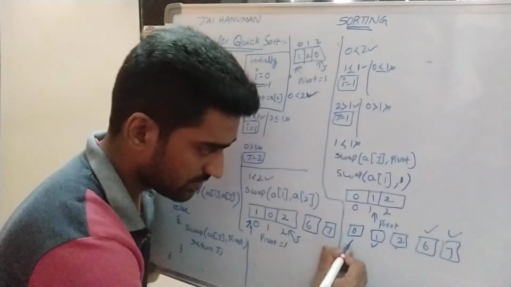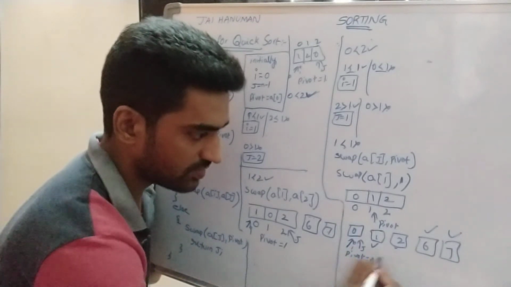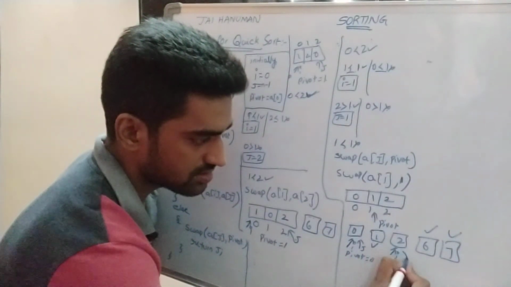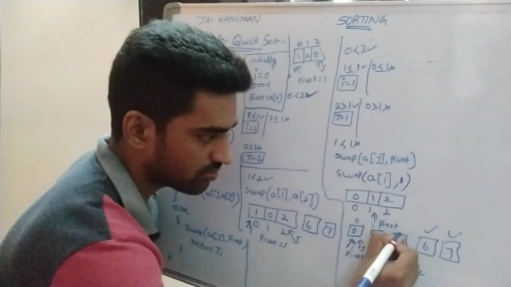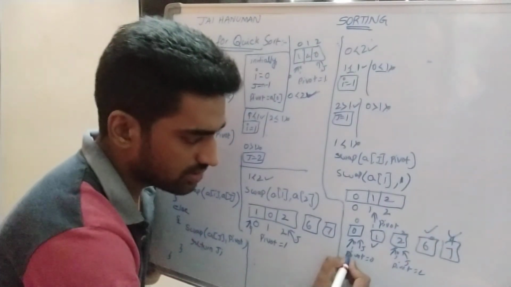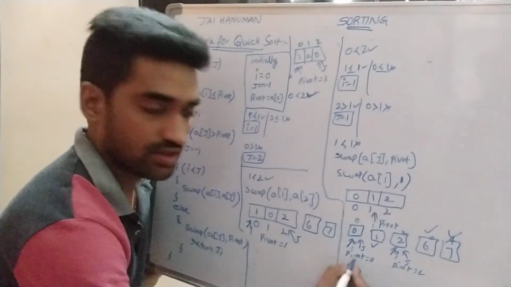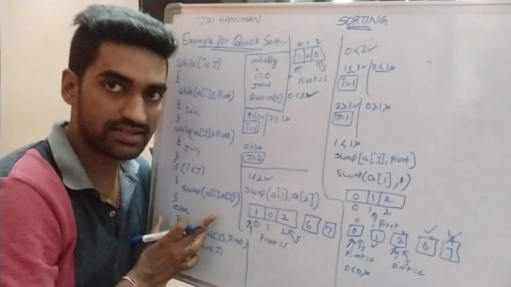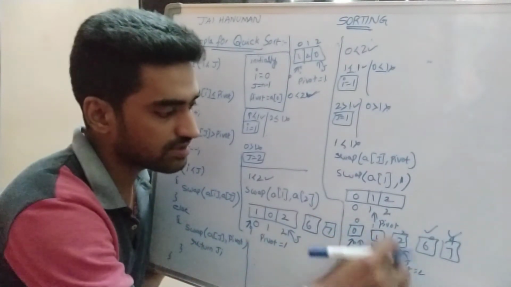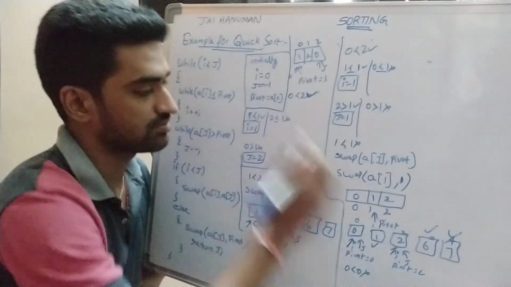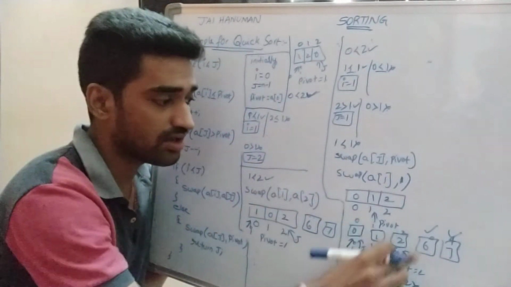So this is I, this is J. So pivot is 0. For this one, this is I, this is J, pivot is equal to 2. Indexes are 0, 1, 2, 3, 4. So here we are checking the condition while I less than J, 0 less than 0. Condition is failure, so we need not apply this procedure. Why? Because this is already a sorted array. So again we are checking the right subarray. For this right subarray we are checking the condition 2 less than 2. Condition is failure, we need not apply the procedure. Why? Because this is already a sorted array.